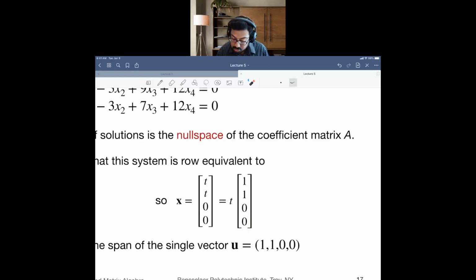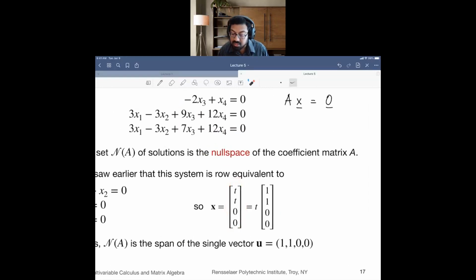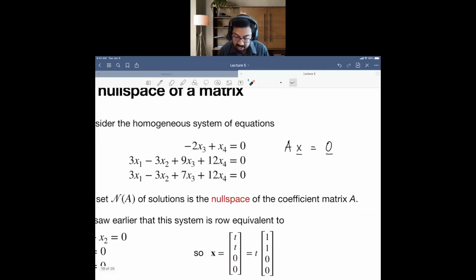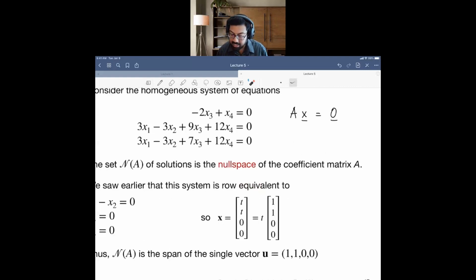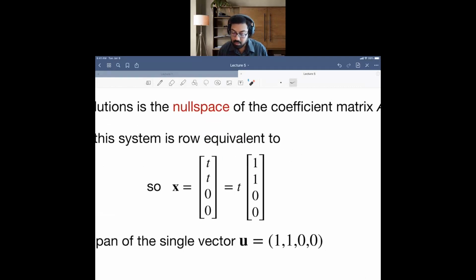So all of these solutions are going to belong to the null space for that coefficient matrix A, where the coefficient matrix A is going to be what? 0 0 negative 2 1, 3 negative 3 9 12, last row 3 negative 3 7 and 12, right? So that particular coefficient matrix has a null space. Null space can be computed by finding out the solutions. What are the solutions? Any vector that has this particular form, 1 1 0 0, scaled by some arbitrary value